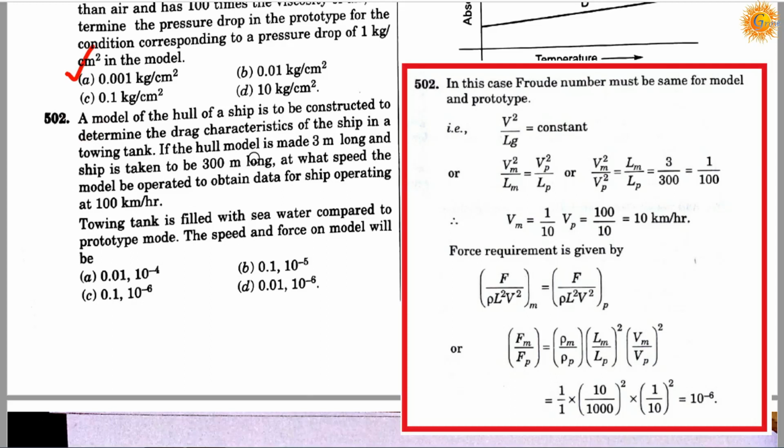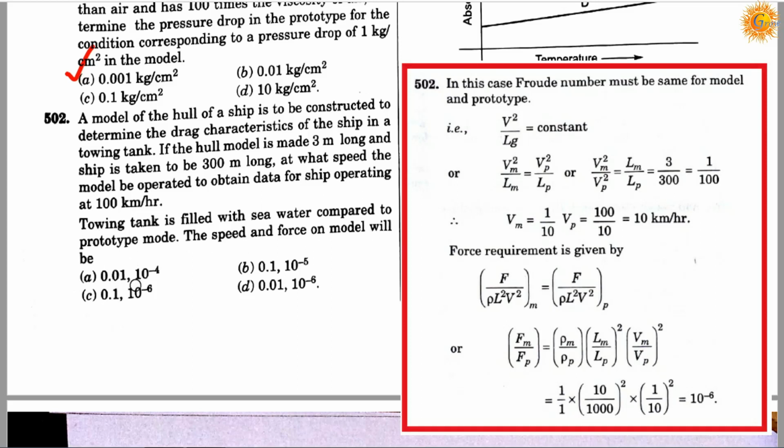If the hull model is made 3 meter long and the ship is taken to be 300 meter long, at what speed should the model be operated to obtain data for the ship operating at 100 km per hour? The towing tank is filled with sea water. Compared to the prototype, the speed and force on the model will be, option A,